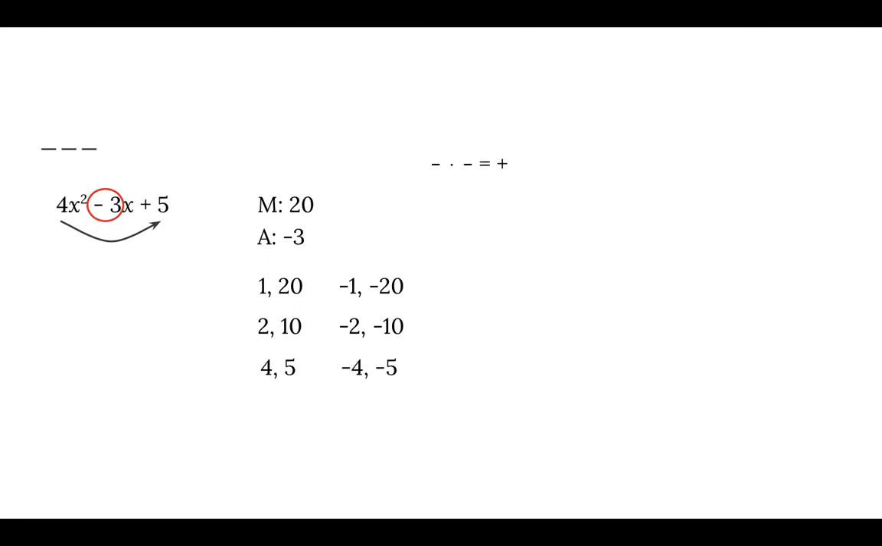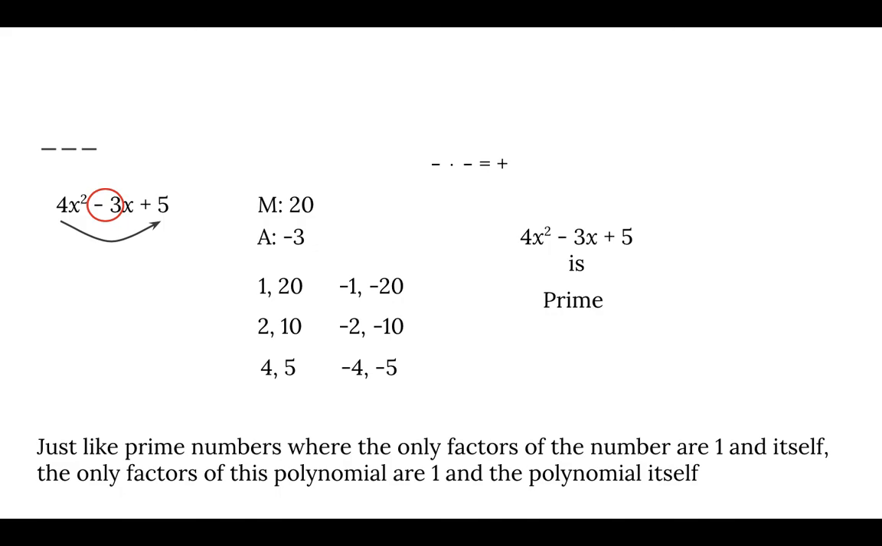So I've just listed out all these possibilities, and I've not been able to find a combination that gives me negative 3. So in this case, 4x squared minus 3x plus 5 is considered, here's a vocab word, prime. Just like prime numbers, where their only factors are 1 and itself, polynomials can behave the same way. The only factors of this particular polynomial are just the number 1 and the entire polynomial itself. So there are polynomials out there that are not factorable, and we call them prime, just like